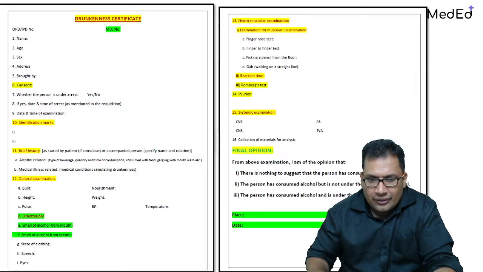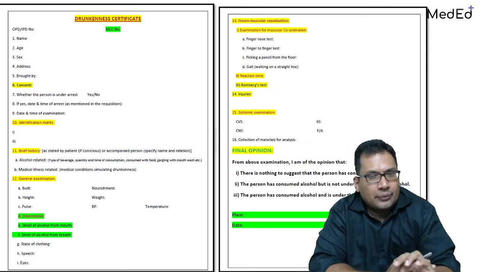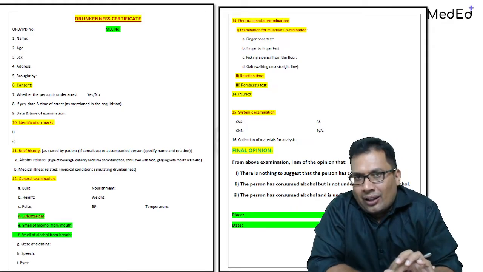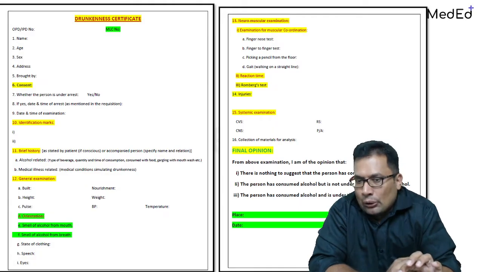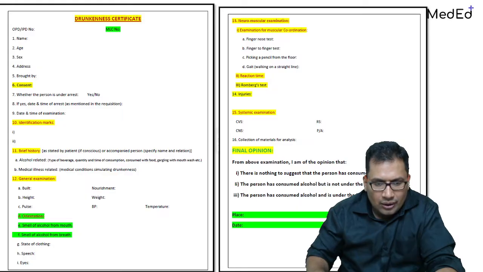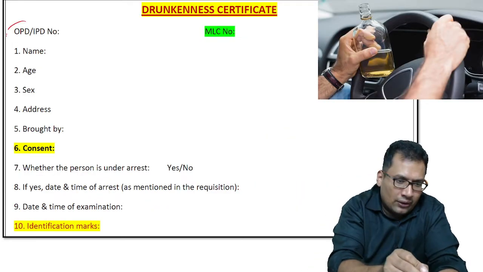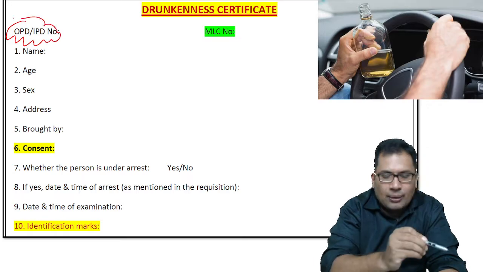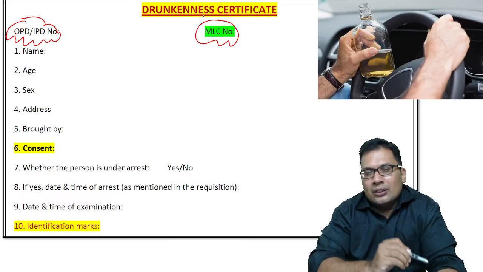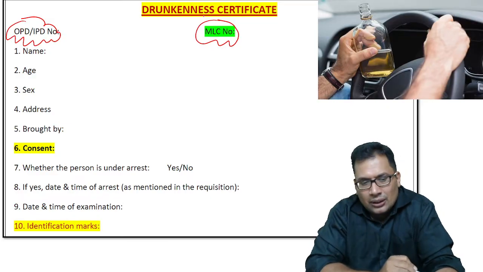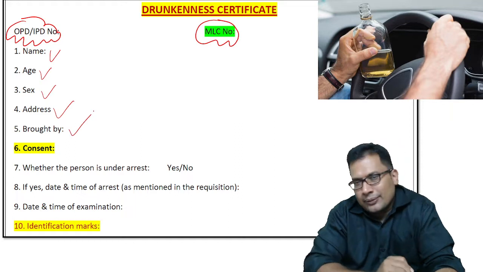Let's discuss drunkenness certificate, how to write. So this is the common drunkenness certificate which we follow in forensic at Subbaya Medical College. Drunkenness certificate, in the beginning, all the preliminary details: OPD number and IPD number, MLC number, that is the medical legal case number, name, age, sex, address, brought by,